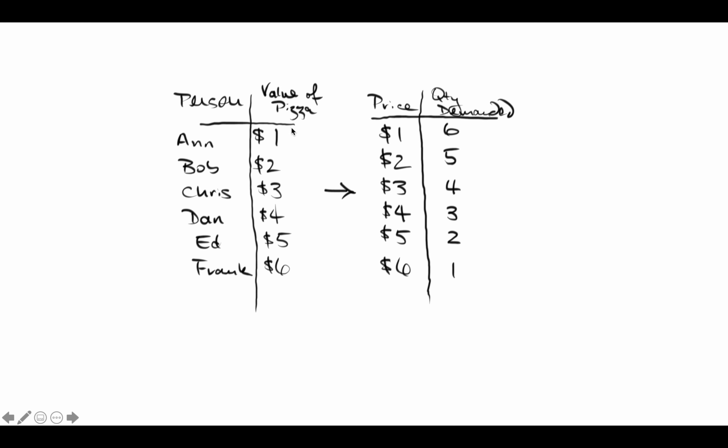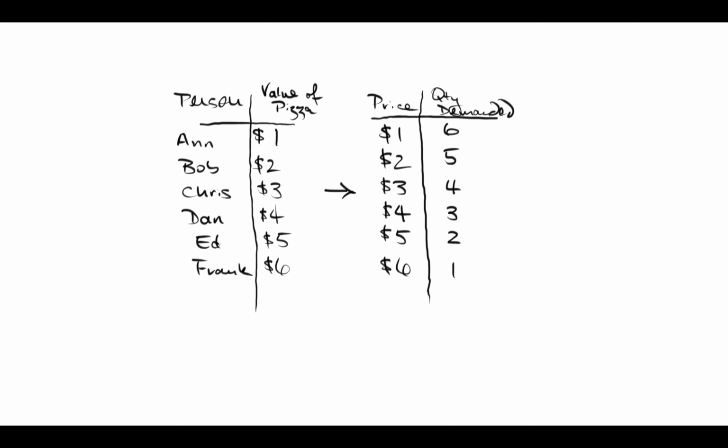Ann is not such a fan of pizza, so she's not willing to pay as much. It's not as valuable to her. All these people have different values associated with pizza, and that's going to generate the demand for the